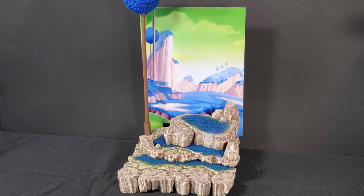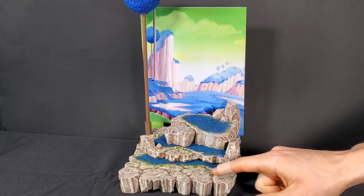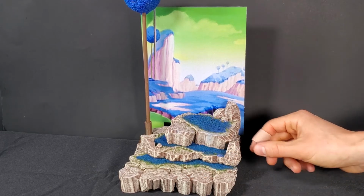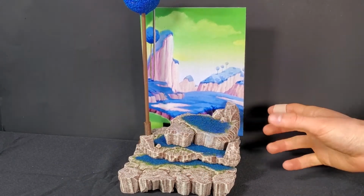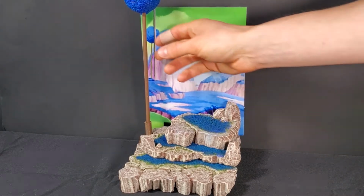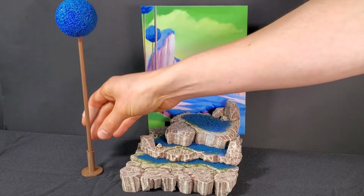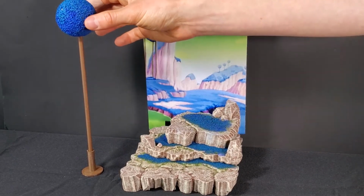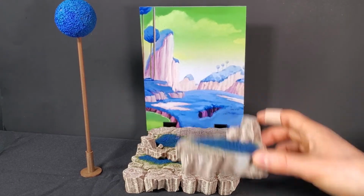Okay, so this piece is a modular piece. It has one base piece and then two of like the upper rock formation pieces. It has a Namek tree that comes out that has a 3D printed stand just with a dowel rod, and then I think, I forget what this is, just a foam ball that I got. But these two come off,